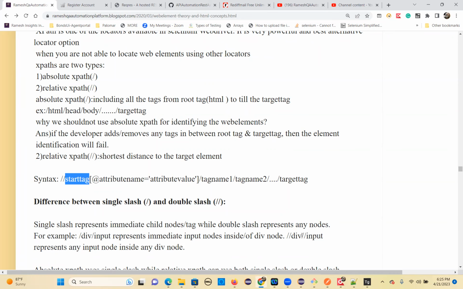Double slash means this div, inside any input, not only this one, any input. See, I have written a double forward slash even after div, but here we have written a single slash. So that tells you any input node inside a div node, any input node inside any div node. So that is the single slash and double slash